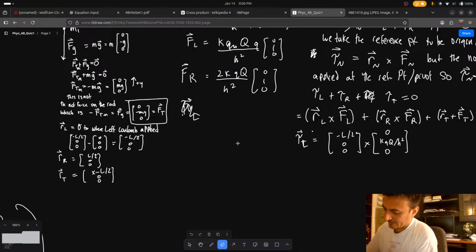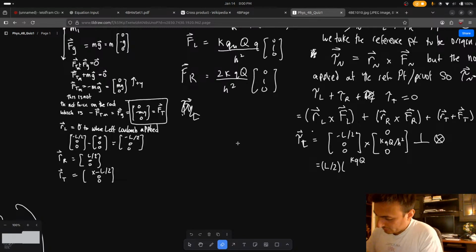Okay, now we need to figure out the sign. So first off, perpendicular, and we're going this way and we're going up. So this is a negative torque. So this is going to be L over 2 times kQQ over h squared times 1, because this is the sine theta, times